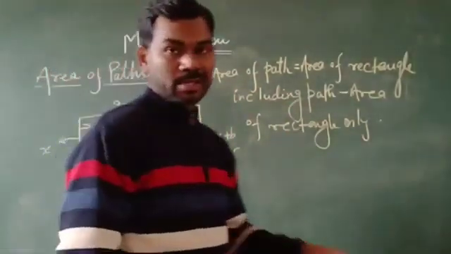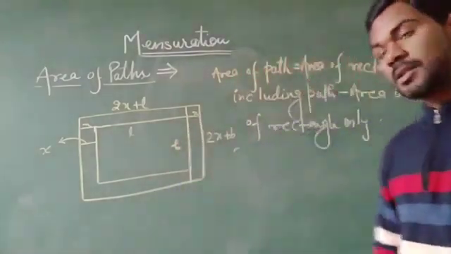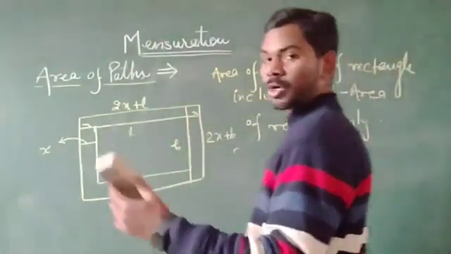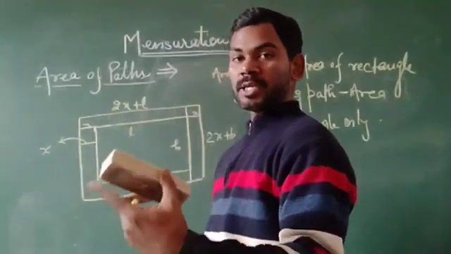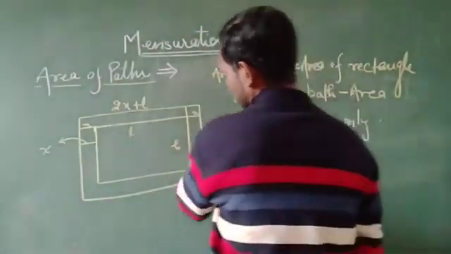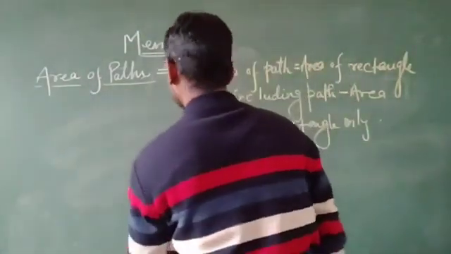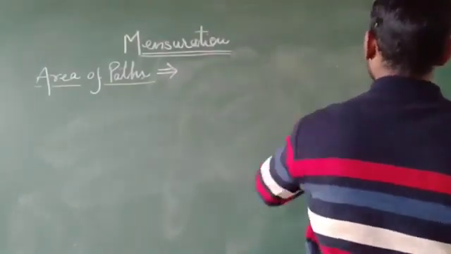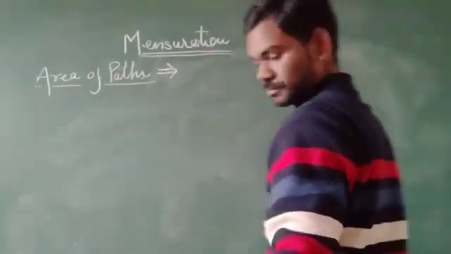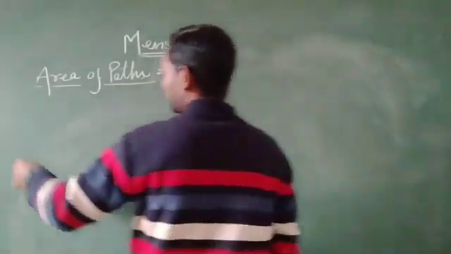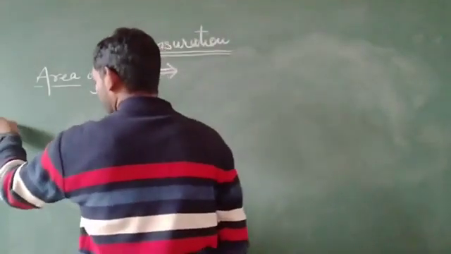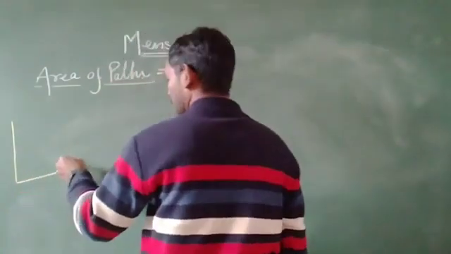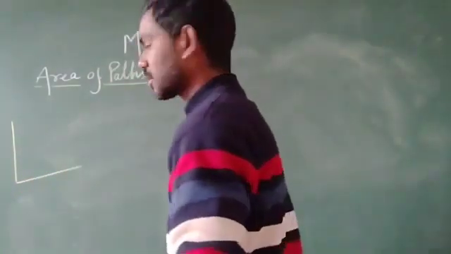Now let us see the other case where the path crosses through the median of length and breadth and intersects at right angles. So for this, let us construct the figure, and with the help of the figure, we shall describe the case.